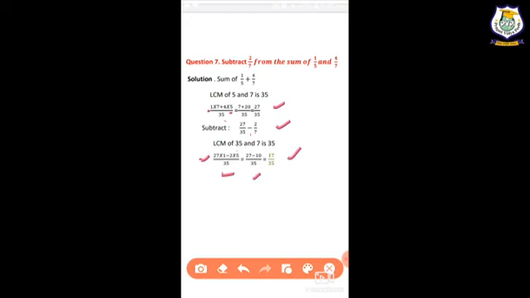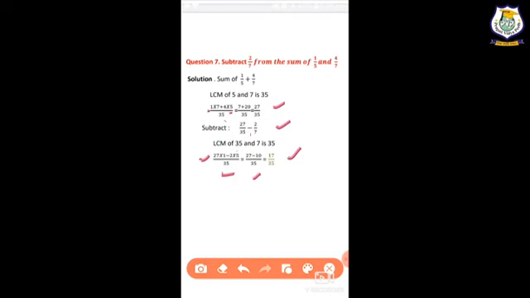Now here it is a proper fraction, so we will not convert it into a mixed fraction, right? So here I have taken some sums and I have cleared your concept about fractions, so you are able to do the addition and subtraction of fractions, equivalent fractions, and the reduced form of fractions, right? Previously also you have learned about fractions, but here I have cleared your concept more easily, so you are able to do fraction sums.